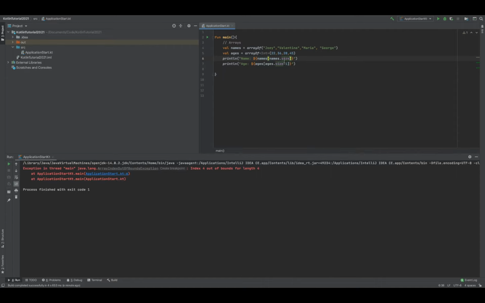Now, we can also change a value. Like I said, arrays are mutable in the sense that we can change the values within the array. We can't add a size, or we can't add another item to the array because once you create an array, it stays the same size, but you can change the values within the array. So say for instance, we want to change the name George to Joshua. We can take names, we can open up brackets,